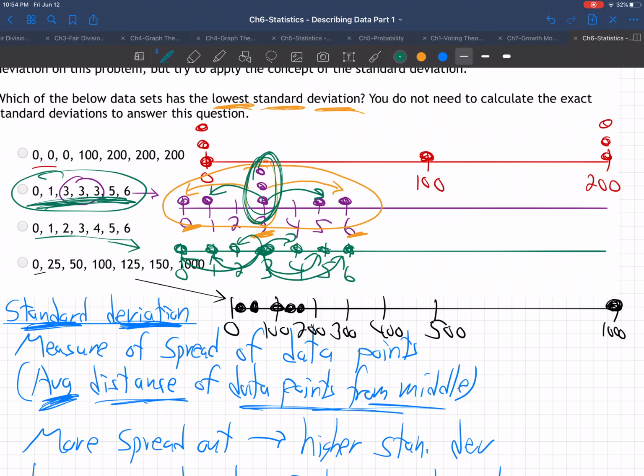This one right here is going to be the big winner. It's going to have the smallest standard deviation because they are the least spread out. They're the most centralized. It was kind of close on those middle two. The top and the bottom one are way spread out. They have really large standard deviations. So there we go. That's the feel of standard deviation. So if you read a professional study and somebody talks about standard deviation, you know what it means. It means the spread of the data, the average distance from the middle, how spread out the